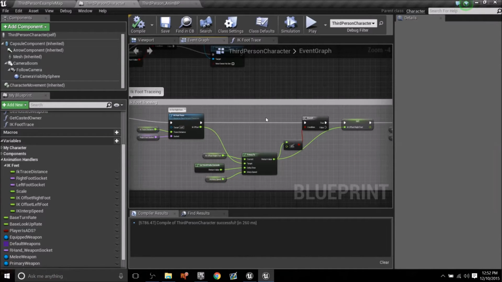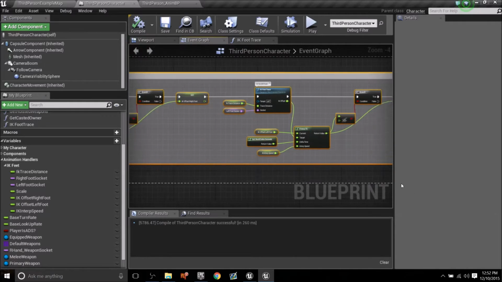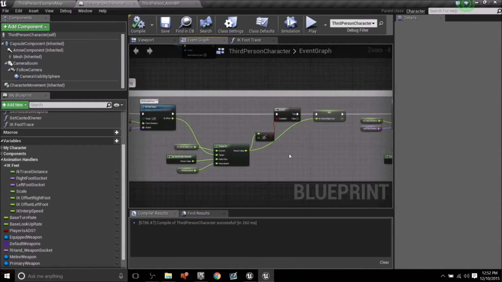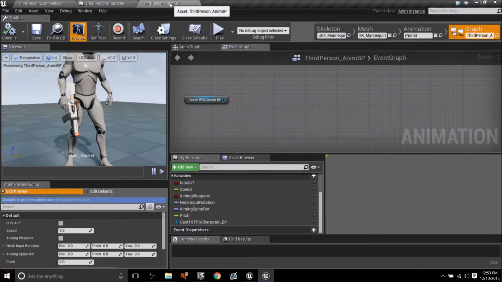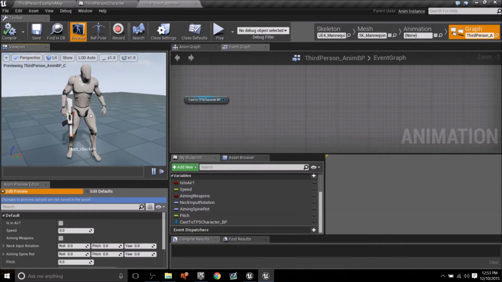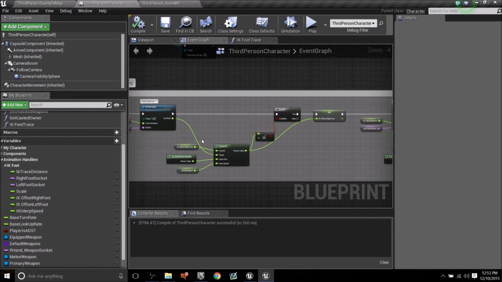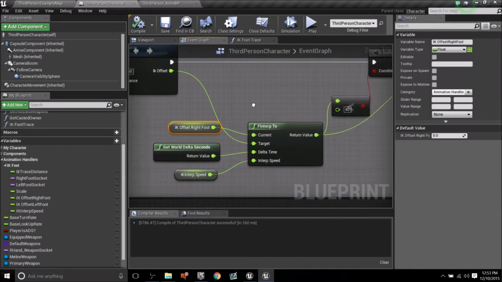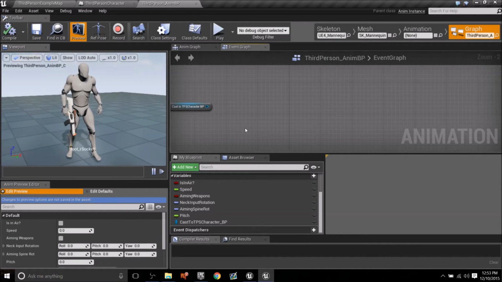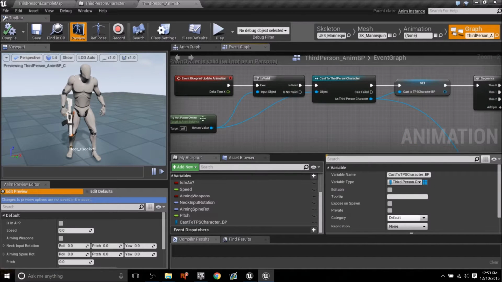Alright, now that we got our blueprint set and ready to go for handling all of our IK foot tracing information, we will delve into getting our actual character to manipulate his legs when he's standing on surfaces. So in our character's animation blueprint, we can now grab the values of our left foot and our right foot IK offset. So with our character that we're casting to, again, that's coming from our try to get pawn owner,